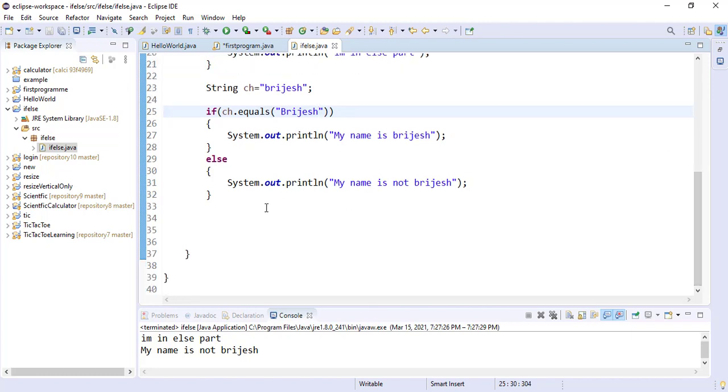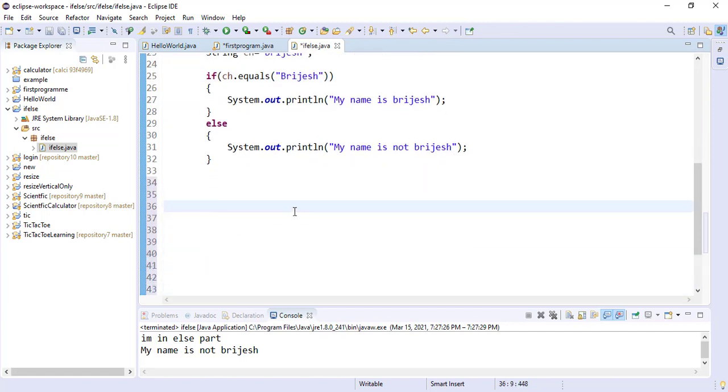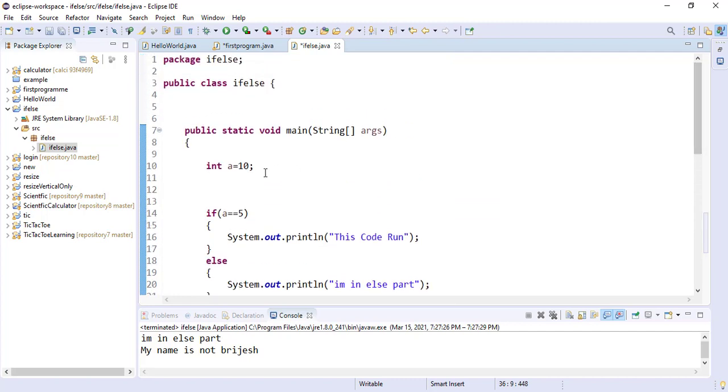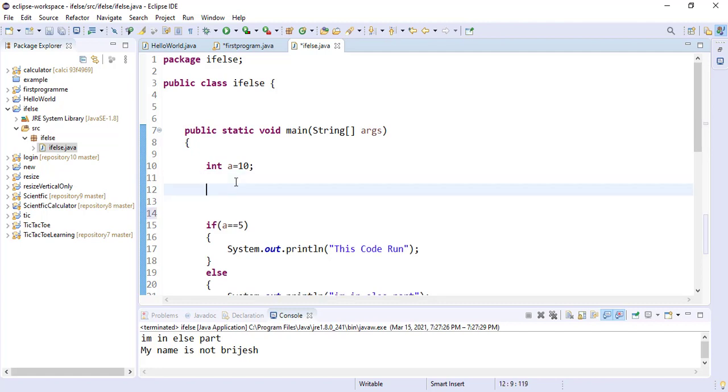So I hope you understand how to work with if else. Now let's see multiple if else, or we can say nested if else in Java. So for multiple if else, I am going to create a program to calculate the greater of 3 numbers. So this is very helpful, and this is the most common program for beginners. For taking any input from the user, first of all I have to declare a Scanner class object, and as you already know, I explained everything in the previous video.